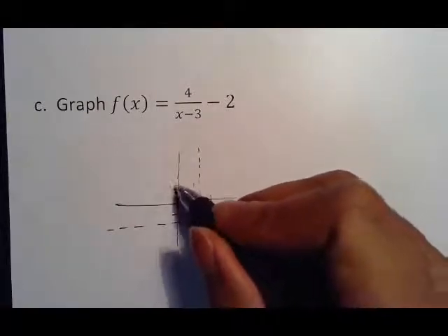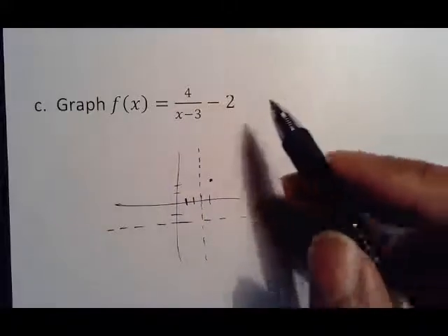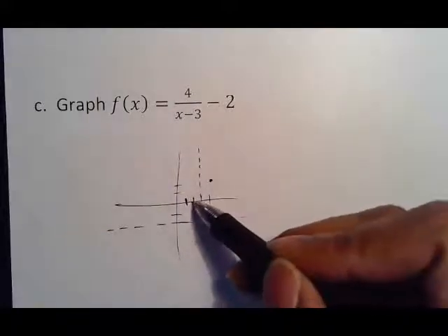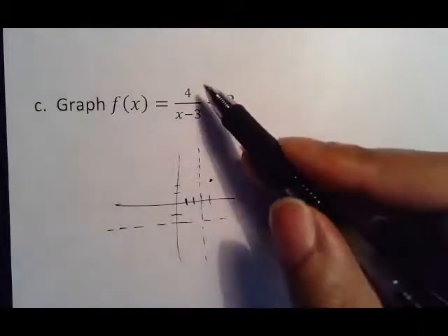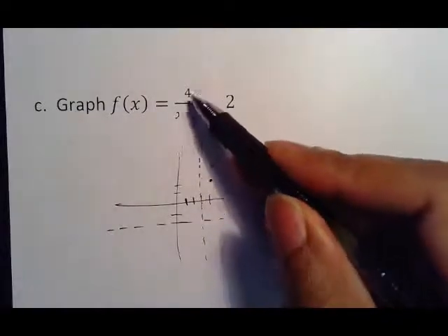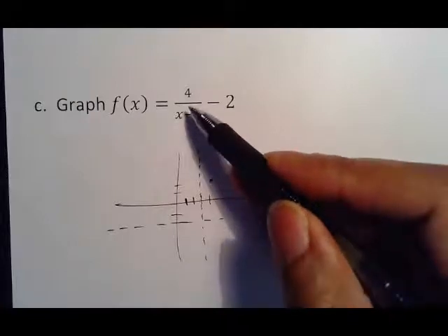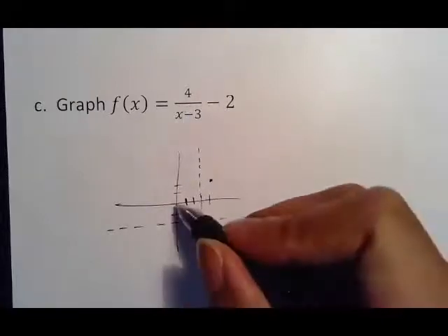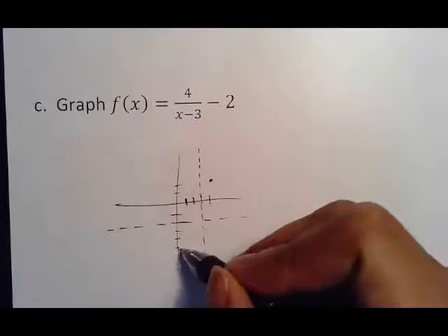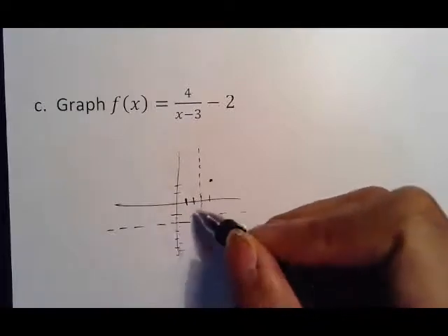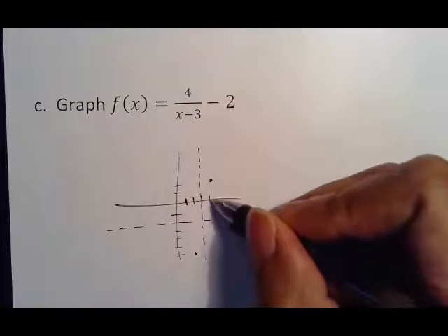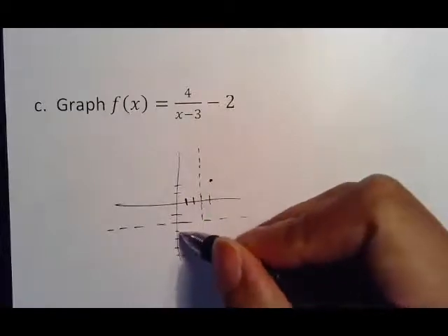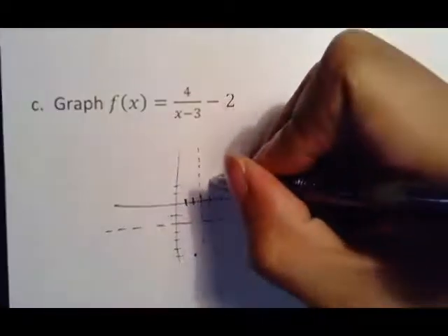Make sure I did that right before I do something stupid. 2 minus 3 is -1. 4 divided by -1 is -4. -4 minus 2 is -6. So 1, 2, 3, 4, 5, 6, which puts me here. And again, 1, 2, 3, 4. Yep. And then we just go ahead and